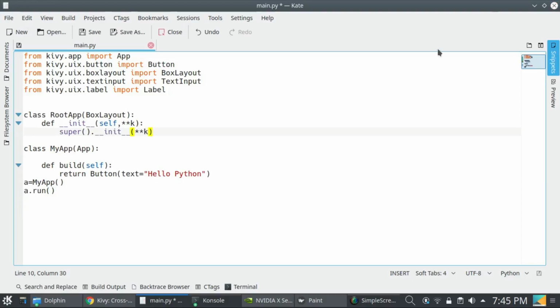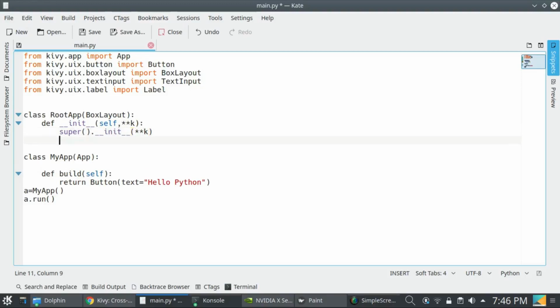Here I have defined an init method where I am calling the super init. Super means this parent class, and I am calling the init method of the parent class, and I am passing the dictionary into the parent class.